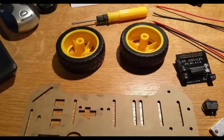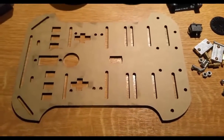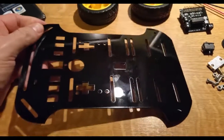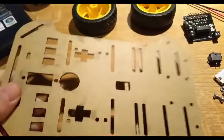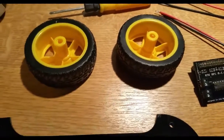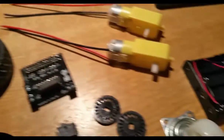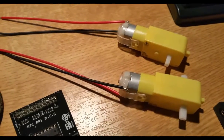So I'm now going to show you the components that came in the box. First of all, we have the chassis, which is quite important. I've already started peeling one side. It's black and you can see it's nice and shiny. It's acrylic that has probably been laser cut, but mine came like this on both sides. So you just need to peel it off and then it's nice and shiny. I'm going to peel off the other side as well, and then you get two nice little rubber wheels that come with it, and they fit together with these two little electric motors that go with them,